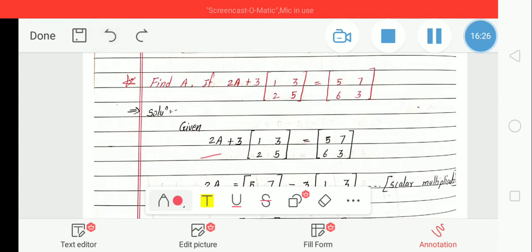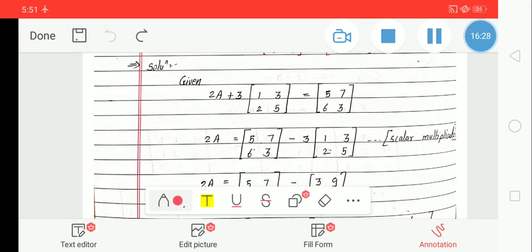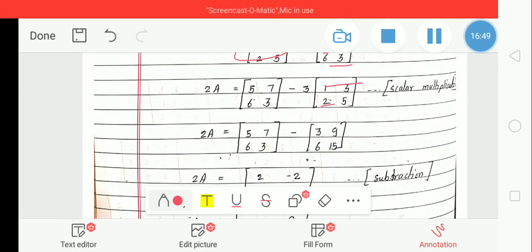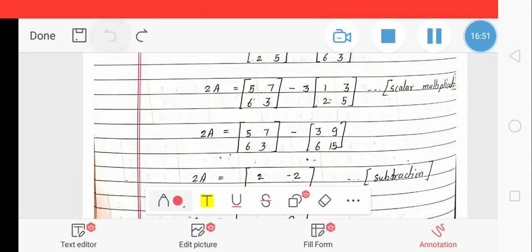Now this is plus on this side, so it goes to the other side as minus, so 5, 7, 6, 3 minus 3 times 1, 3, 2, 5, and then we apply scalar